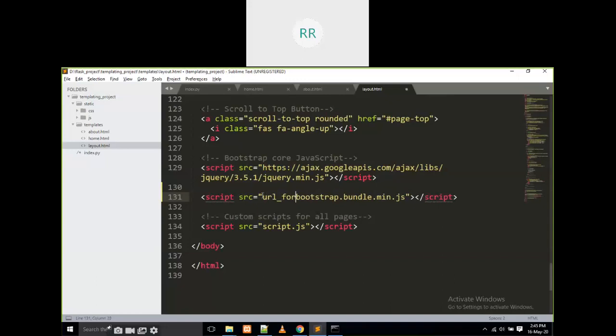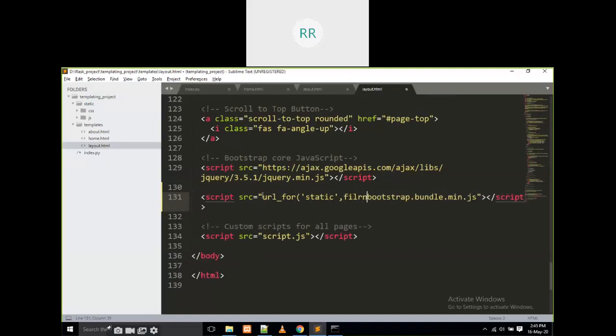url_for of static, comma, filename equal to, where I am going to place this one. This is in the js folder slash, like this. Sorry, I'm going to put it like this.